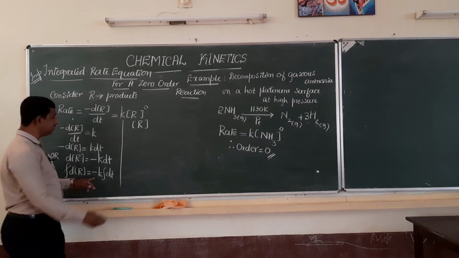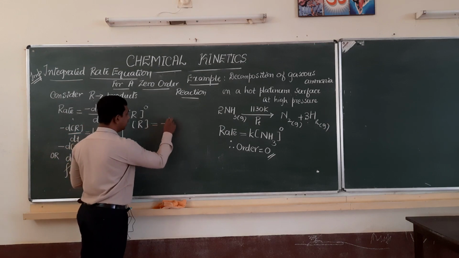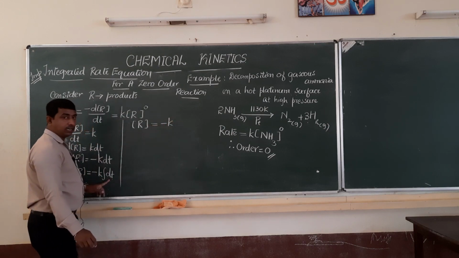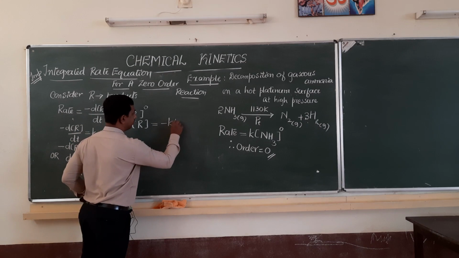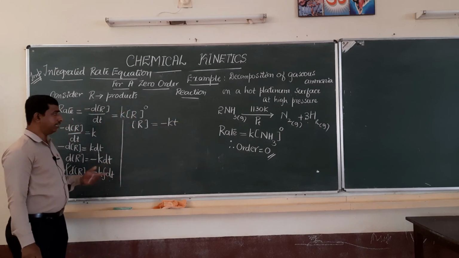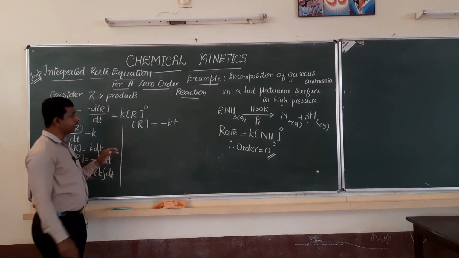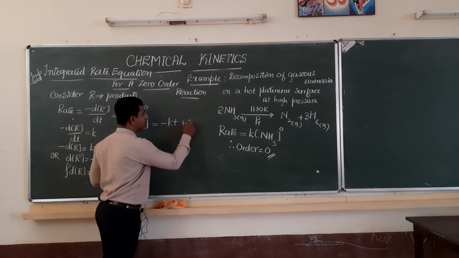It is equal to minus K times the integral of dt, which is t. So R equals minus Kt plus we have to add a constant,